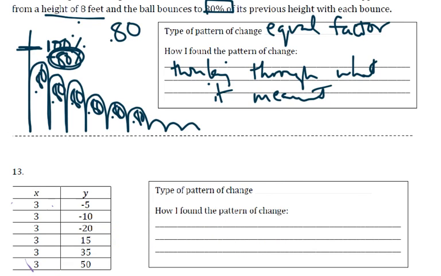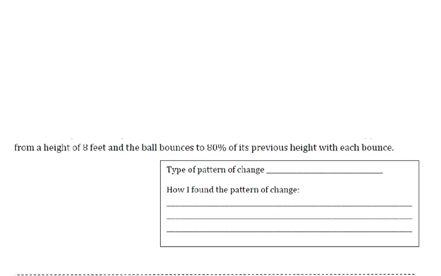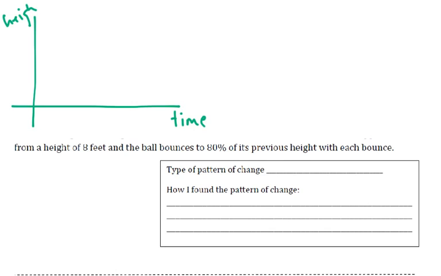So let's go like this. I'm going to work my way backwards. So we took the ball, and graphing this would be a good way to think through it. We would probably use time as our x-axis, and then the height as our y. We start up here, and then we drop it, so it would be at this height, and then at the first interval of time, maybe a second, 2 seconds, however it would say,